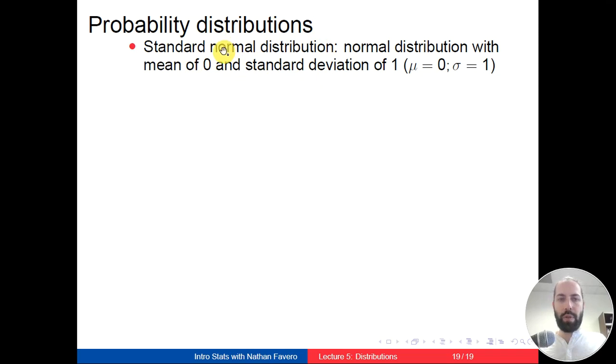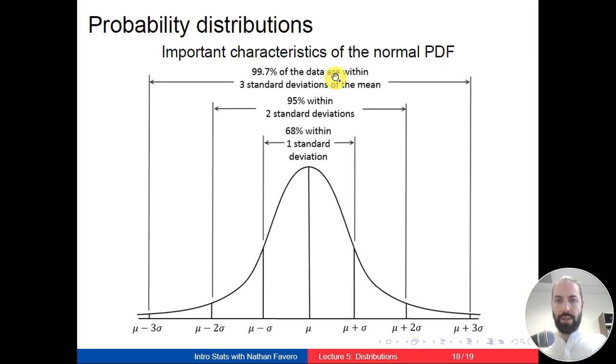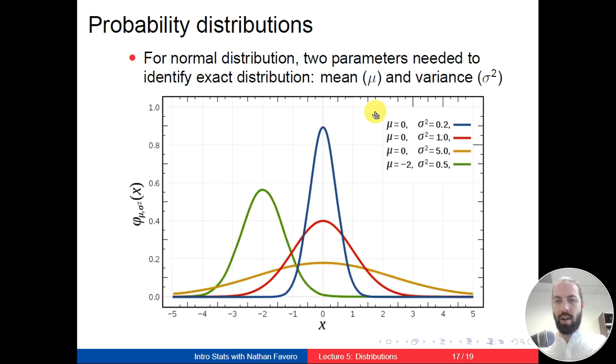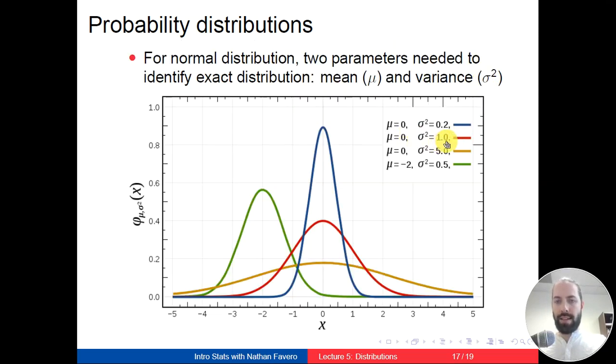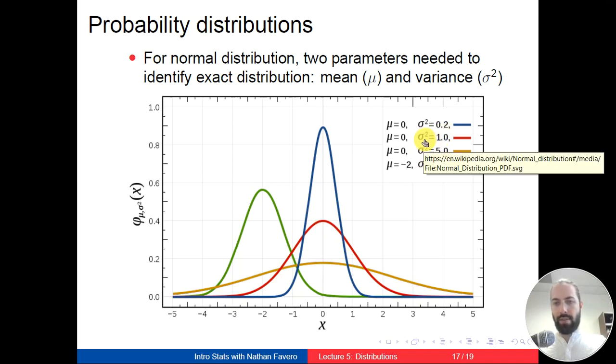What is the standard normal distribution? Well, the standard normal distribution is the normal distribution with a mean of 0 and a standard deviation of 1. Whereas the normal distribution can take on all kinds of different values for the mean and the variance, the standard normal distribution is a particular version of the normal distribution, the one where the mean is 0 and the standard deviation is 1. And you can see that we actually had that as this middle height normal distribution that was centered at 0 on the previous page. Notice that here it's saying variance instead of standard deviation.